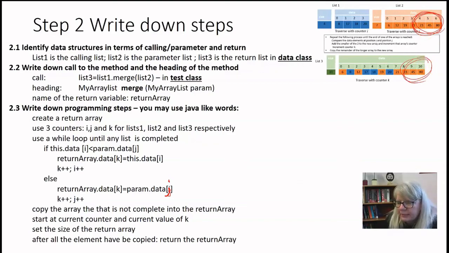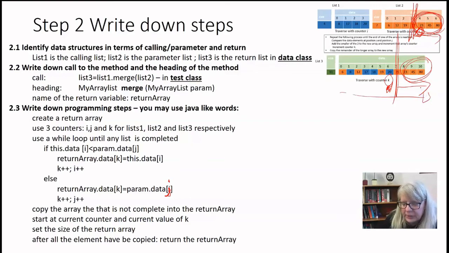But there's something very cool. Where do I start? I start at the current value of j, and I copy it to the current value of k. So I just continue with j, and I continue with k. That's very cool when we do that in Java. Okay. And the same as in the previous example, this value of k is actually the size of the return